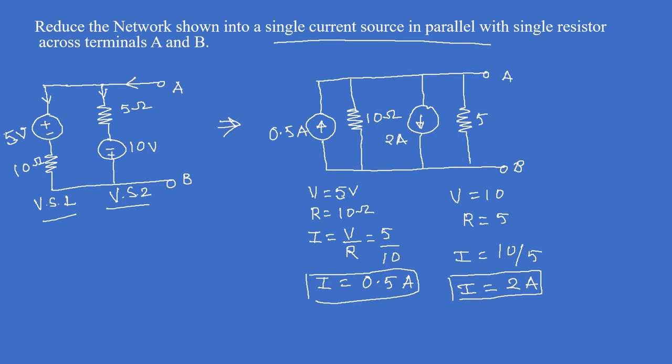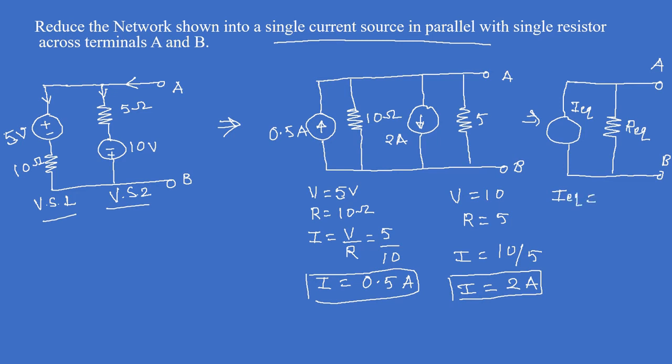Now after this you can see that these are two current sources connected in parallel, and we have studied that when two current sources are connected in parallel, we have to simply add those two sources. So the next answer will be like this. I have made a current source. This will be the value of R equivalent, and this value is I equivalent. First I will calculate the value of I equivalent.